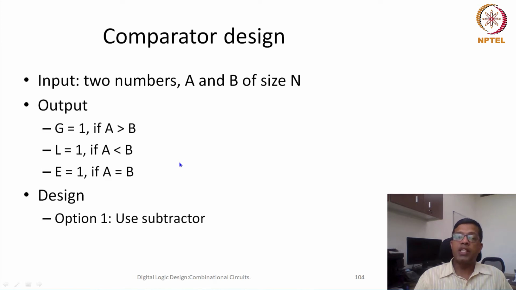So in addition to doing subtraction, we also need another circuit which will see whether the output is 0 or not. Other than having a subtractor, using adder plus 2's complement, we also require to OR all the outputs to make sure whether all the bits were 0 or not. So this is one particular way.